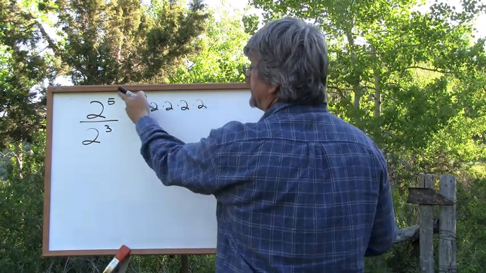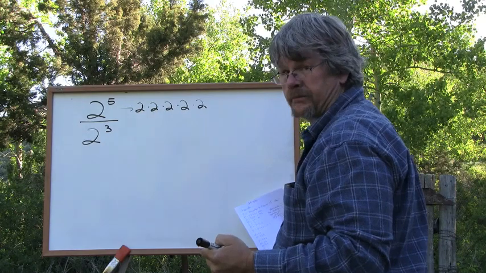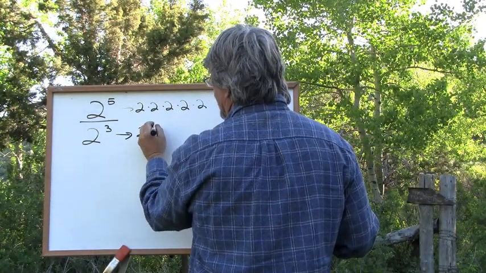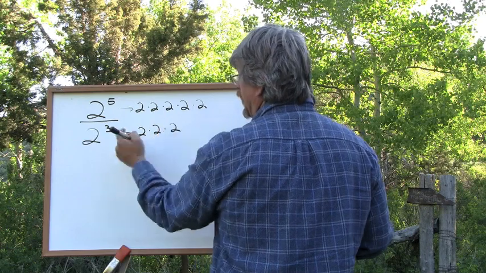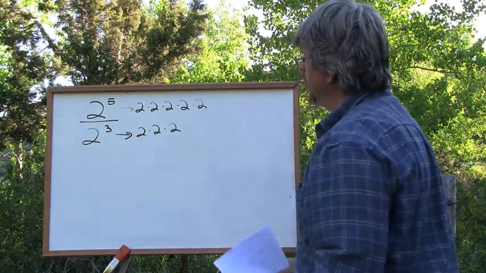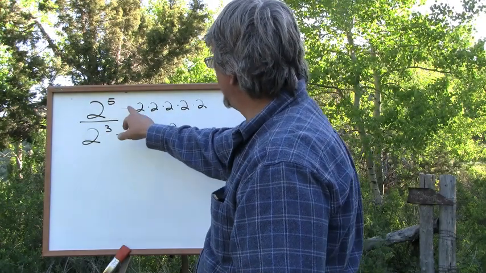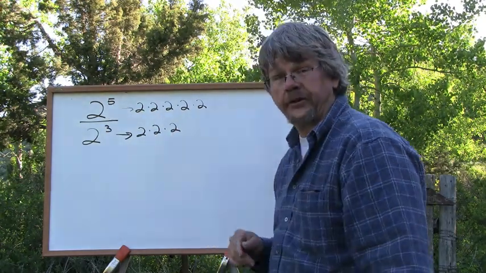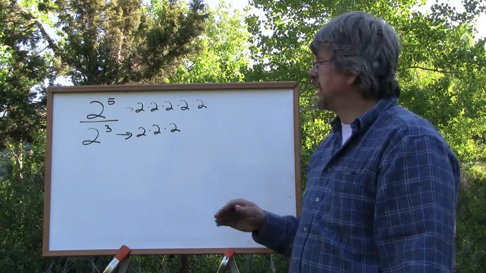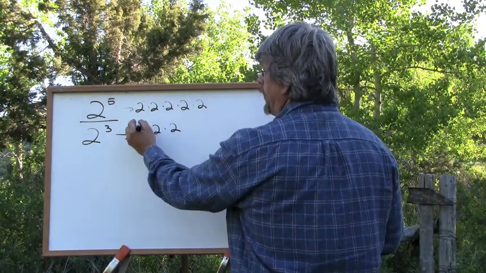We have 5 2's. This one is saying we have 3 2's. 2 to the 3rd means we're going to multiply 3 2's. 2 to the 5th means we're going to have 5 2's. Notice what you can do here. Because you're in a fraction,